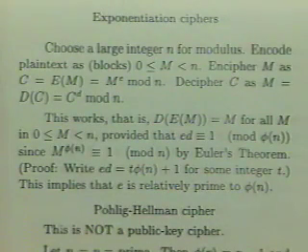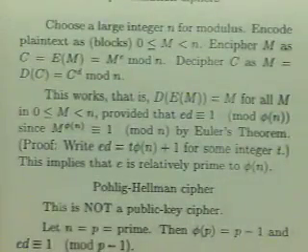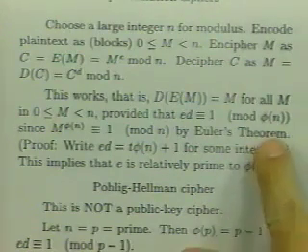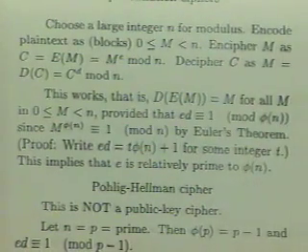If these two exponents, e and d, are chosen properly, when you encipher m and decipher it, you will get back m for any m in this range, and e and d have to have the property that e times d is congruent to 1 modulo phi of n. So if n is a prime number, this is just n minus 1. Okay, so